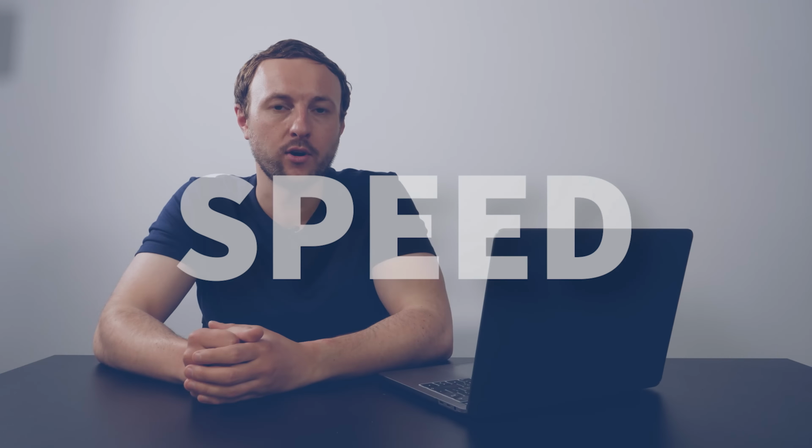Bridging has got its name because of bridging the gap. So when you get a bridging loan, it's often used for the unique circumstances in property. So for example, it could be speed. The most common one is in auctions, and I'm going to be breaking down exactly what that looks like, how you can apply it to auctions, and